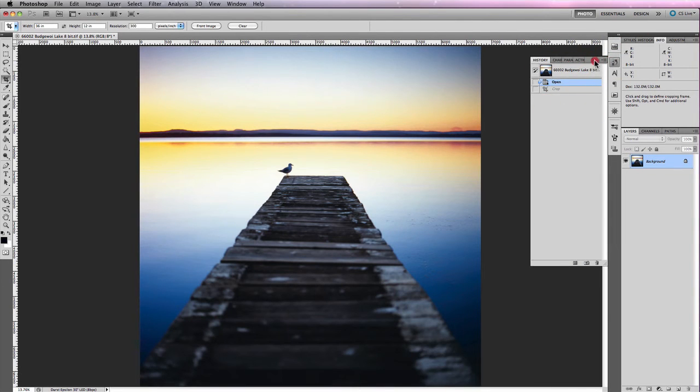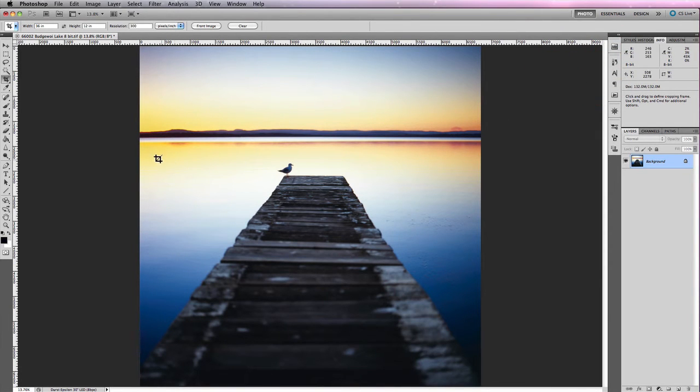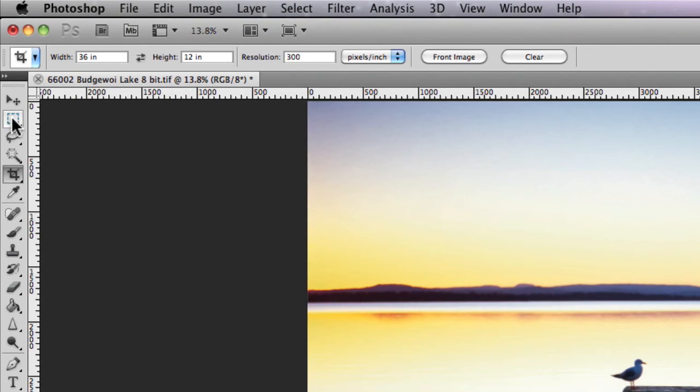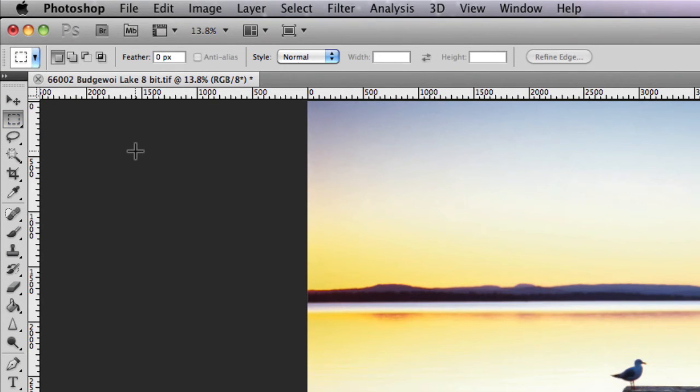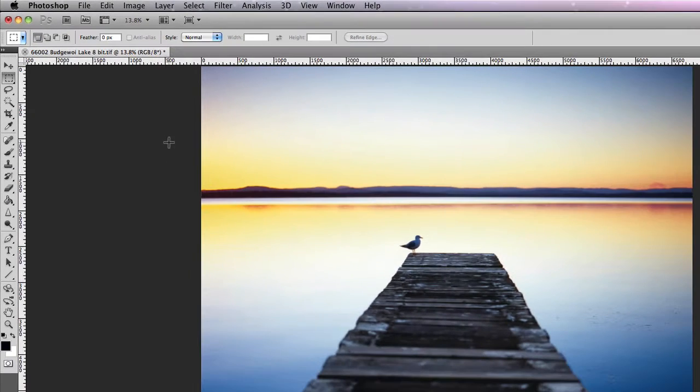We'll go back to the opened view, and let's actually take a look at the marquee tool. Now you've probably seen this previously in some of the selection videos, but the marquee tool does a very similar job to the crop tool, where you can create a selection and then crop based on that selection. Up the top, you have a couple of different options, from creating a new selection, which you can do here,